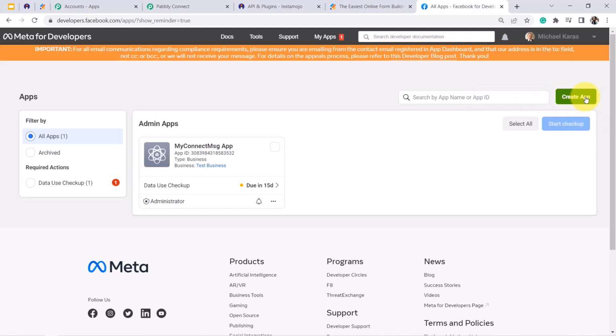The separate video for the same, on how you can create an app and generate a permanent token, is attached in my description box. Please go to my description box, open that video, okay, and set up your WhatsApp Cloud API, and then come back to this particular video once again. All right, so once you have done it, you will find your application here. This is my application. Click on your application,